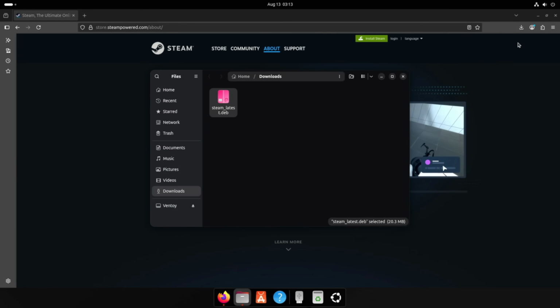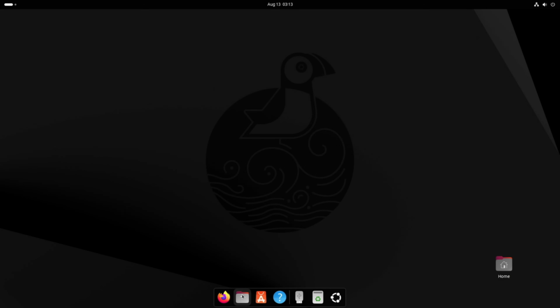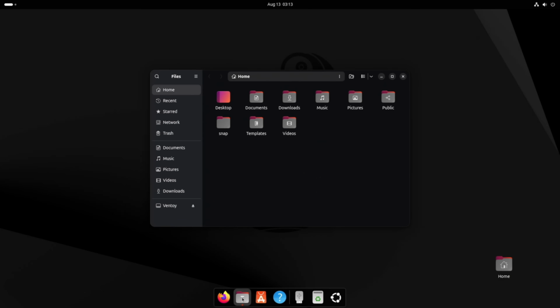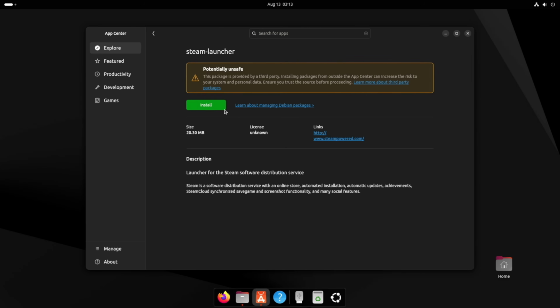And getting to our downloads folder is just as easy as Windows or Mac. It's the folder icon in the dock. Easy peasy. There it is on the side. Downloads, exact same position as Windows and Mac. And just like both of those operating systems, all we need to do is double click, or at least we would if this wasn't Ubuntu, because Ubuntu is now telling us that they don't like this version of Steam.